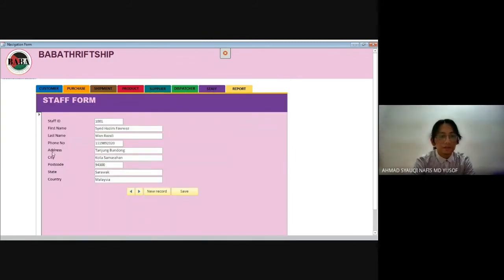So for the staff form, there are staff ID, first name, last name, phone number, address, city, postcode, state, country. These are pretty much the same for the others. So for the last staff is 1008. So I add a new record for 1009. Let's just put my brother's name here to make things easy.